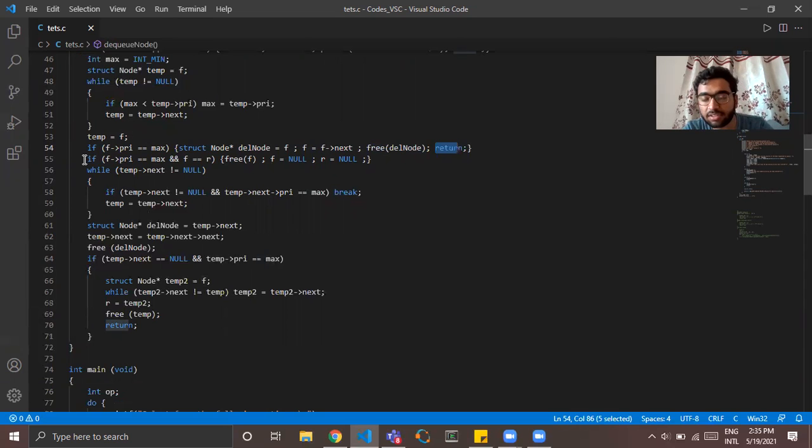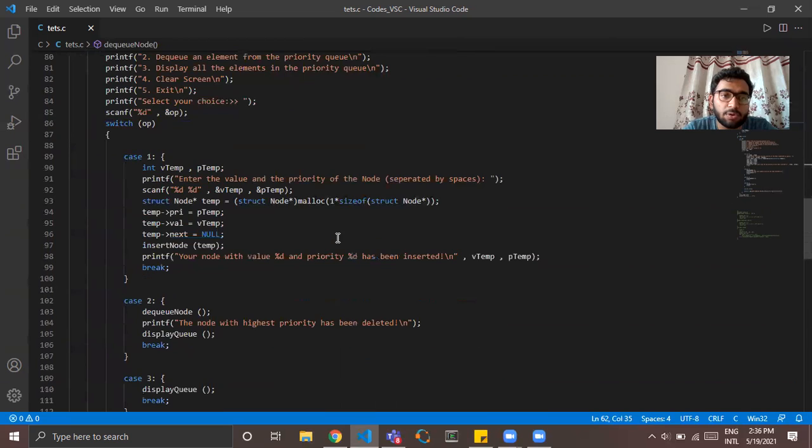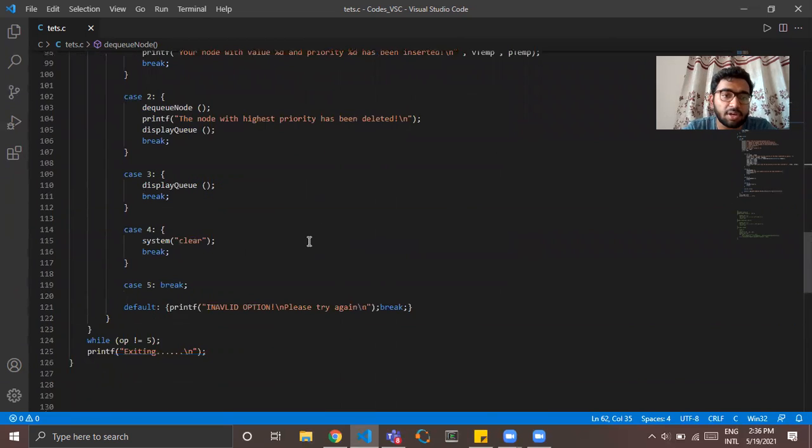If it is somewhere in the middle, I'm going to execute two different while loops. First of all, to locate that node, and second of all, to locate the parent node. And the next attribute of the parent node is going to become the next attribute of the target node that we are deleting, so that there is no node in between, and we have overlaid the gap. And then after overlaying the gap, the target node will be deleted, which is done by these three conditions right here and two while loops. So this was the operation and this was the code.